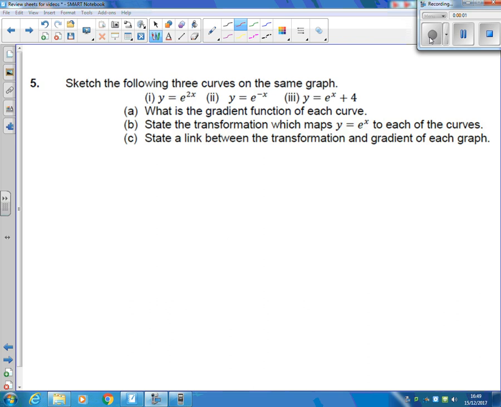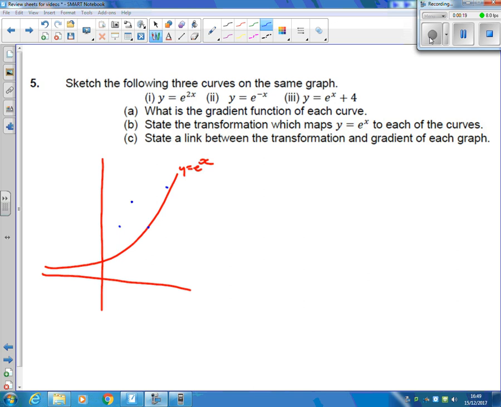Question 5, we've got some more graphs to draw, so I'll start by drawing my e to the x graph. There's an e to the x graph. And the gradient of an e to the x graph is beautiful, it's just the e to the x graph again. But this time I want to do an e to the 2x, so everything is going to get half